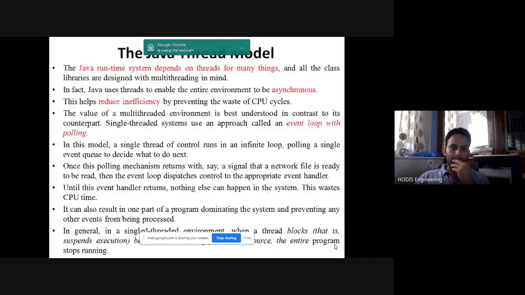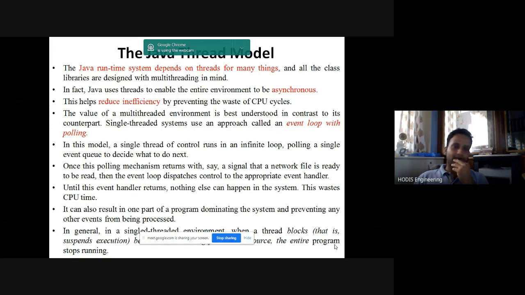So let's see now how Java supports threads. We have something called the Java thread model. The Java runtime system depends on threads for many things, and all of the class libraries are designed with multi-threading in mind.